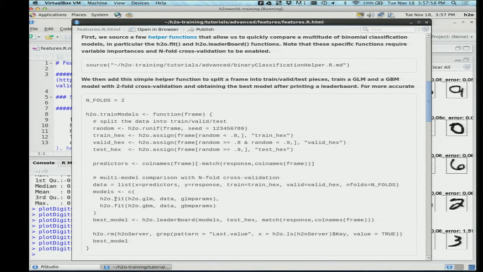So now the question is, what does this H2O fit do? Well, it takes a name of a model that you want to build. In this case, it's a GLM and a GBM. It takes the data, which is X, Y, training, validation, and how many folds. And it takes a bunch of parameters. The parameters is just also a list. You can give any list that would fit a GLM here and pass that in, and that will be it,